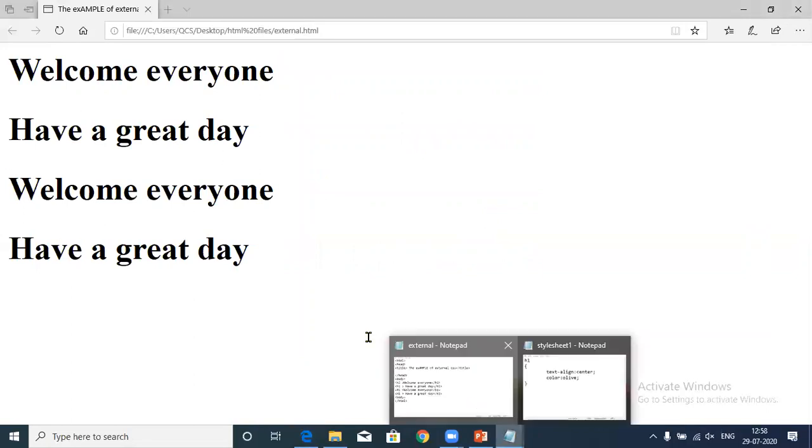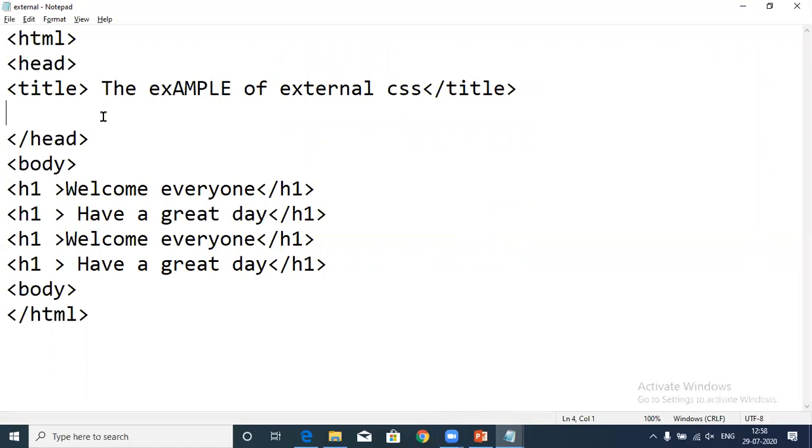Okay, what we need to do right now, because we haven't linked our external CSS file with our page, is link our file. For linking the CSS file with the HTML document, we are going to use the link tag. Here are some attributes of the same tag. First one is the type, because we are linking with the CSS file, so the type would be text slash CSS, and the rel would be stylesheet, because we are linking the style sheet.